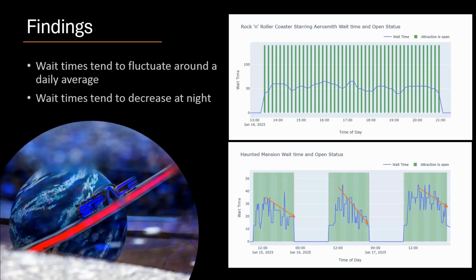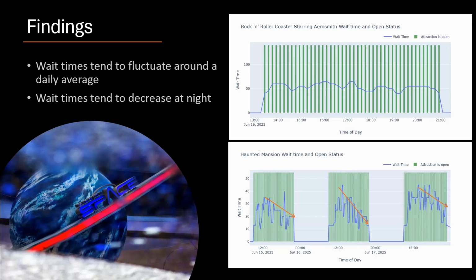There are also certain attractions here, like we see at the Haunted Mansion, where the wait times tend to decrease as we get later into the day. This could be due to many factors. At Magic Kingdom, there are nighttime shows. They actually just recently started a new nighttime parade, so it would be interesting to look at the data over the course of the next few weeks to see if the attractions drop off more steeply at night as people are more willing to go wait for the new parade than they are to go ride one of these classic